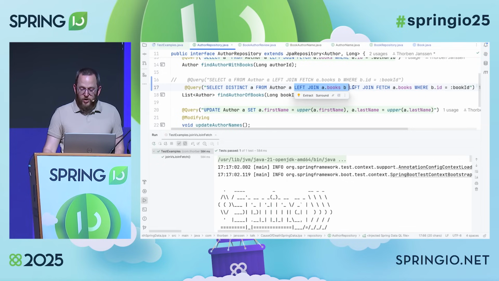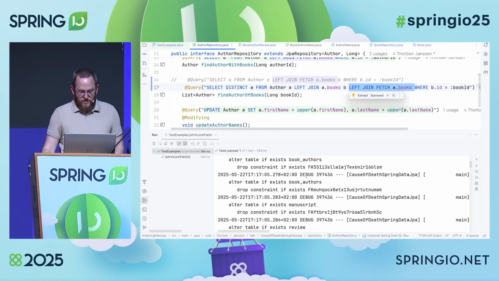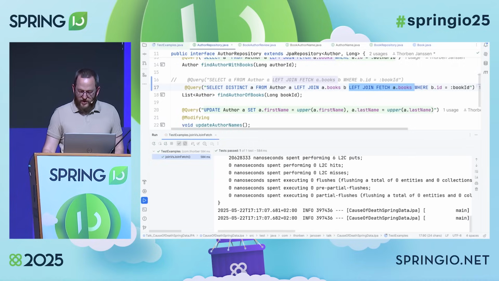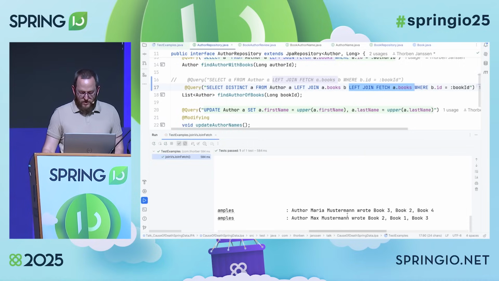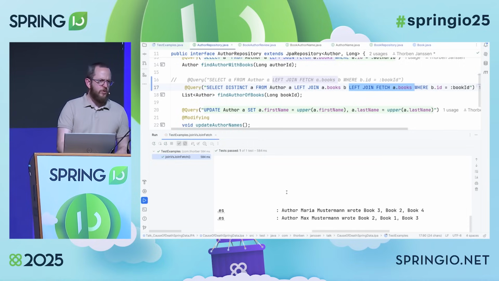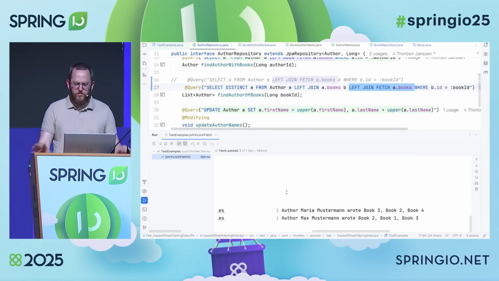One normal left join that I use for my where clause, and a left join fetch to initialize the relationship. And if we now look at the test output, we see that Max and Maria not only wrote book 2, both of them wrote 3 different books that were not visible before. Why not?